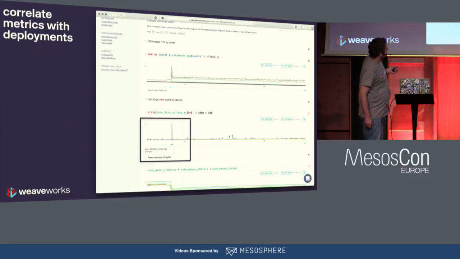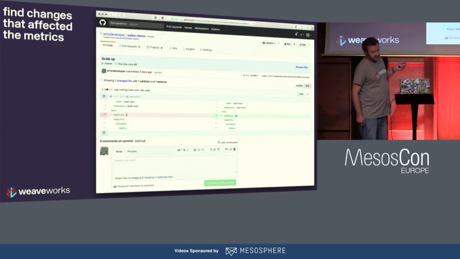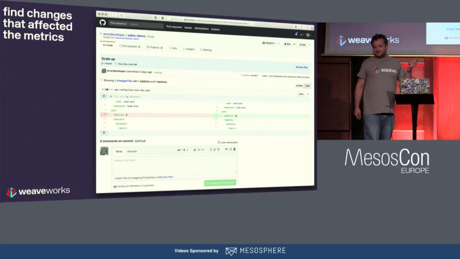So I looked at this particular one. I found this Git revision, right? I went in Git and looked it up, and it turned out I scaled the load test deployment to 24 pods. Now that's what caused the spike. It went away right away, but there was a spike nevertheless.